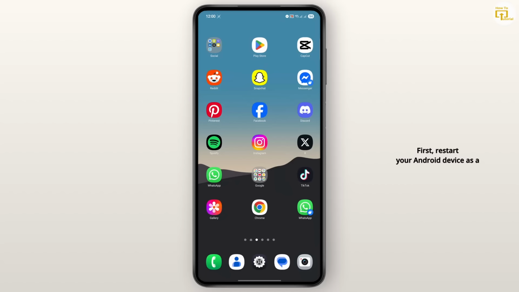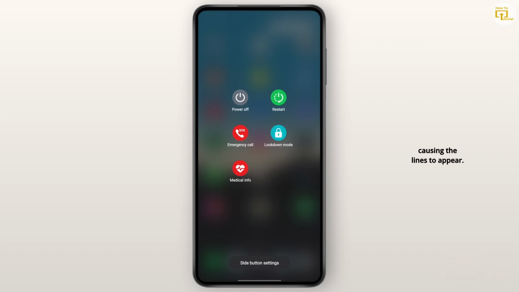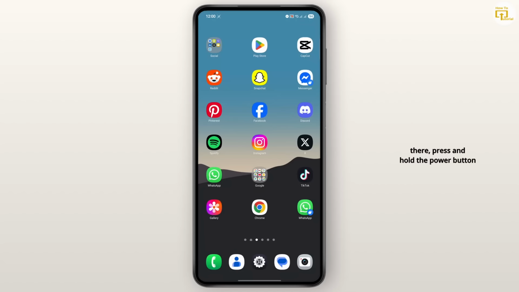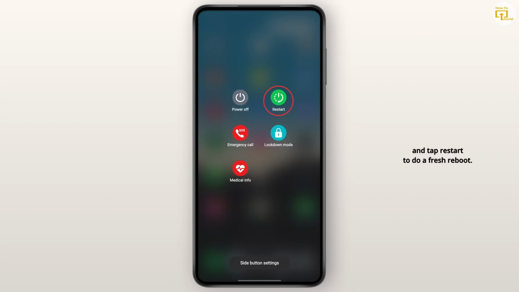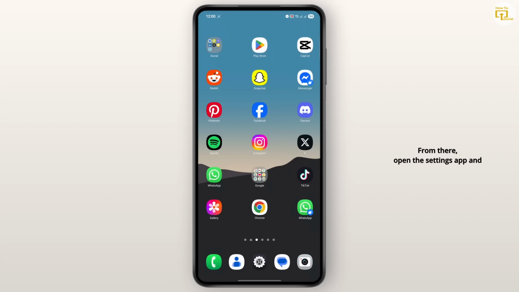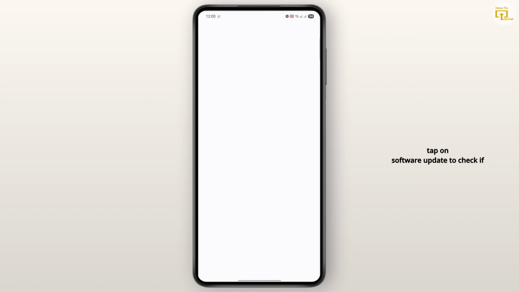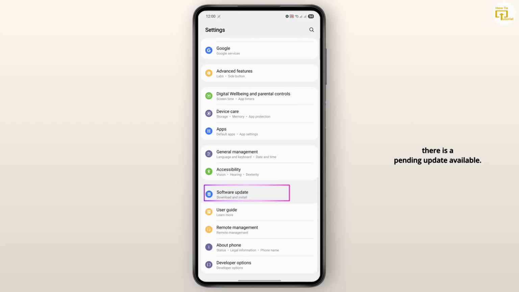First, restart your Android device as a simple reboot can often clear temporary display glitches causing the lines to appear. After that, if the lines are still there, press and hold the power button and tap Restart to do a fresh reboot. From there, open the Settings app and tap on Software Update to check if there's a pending update